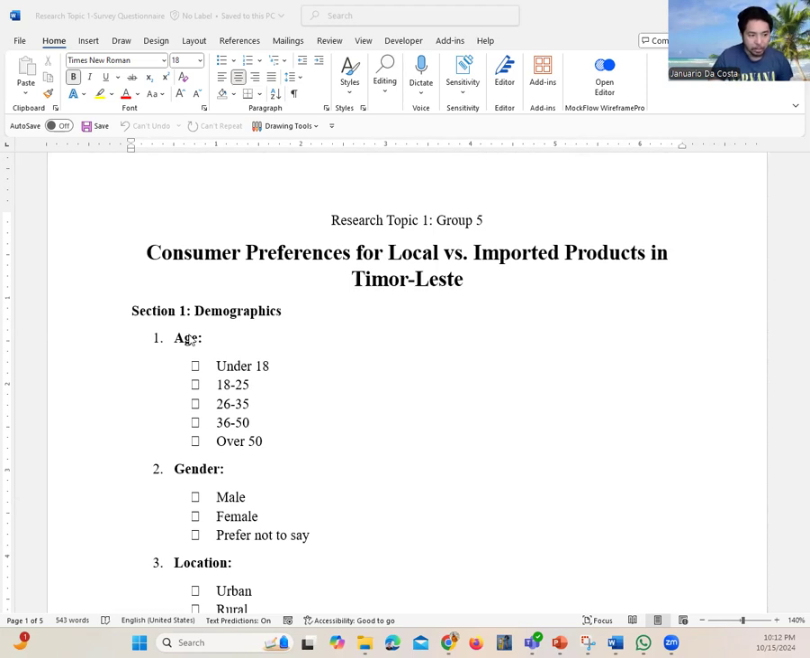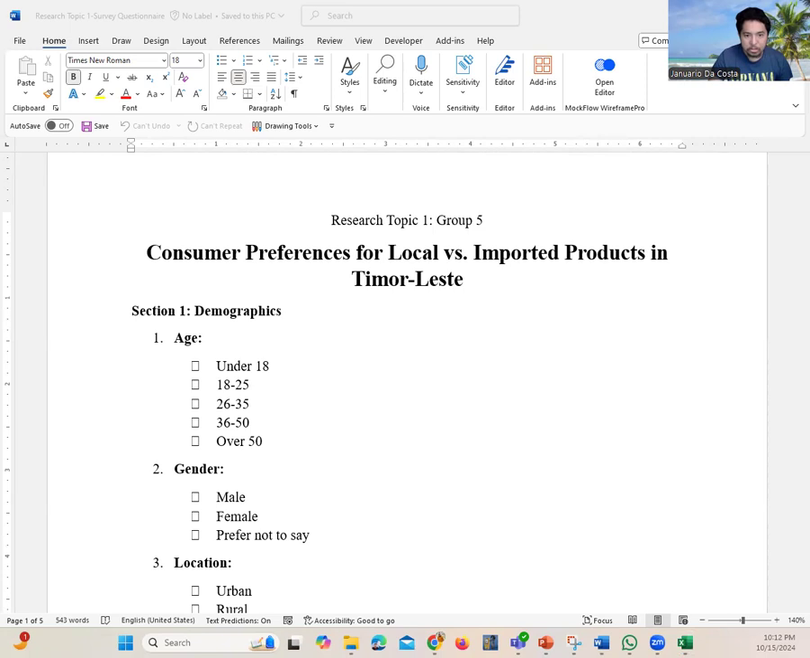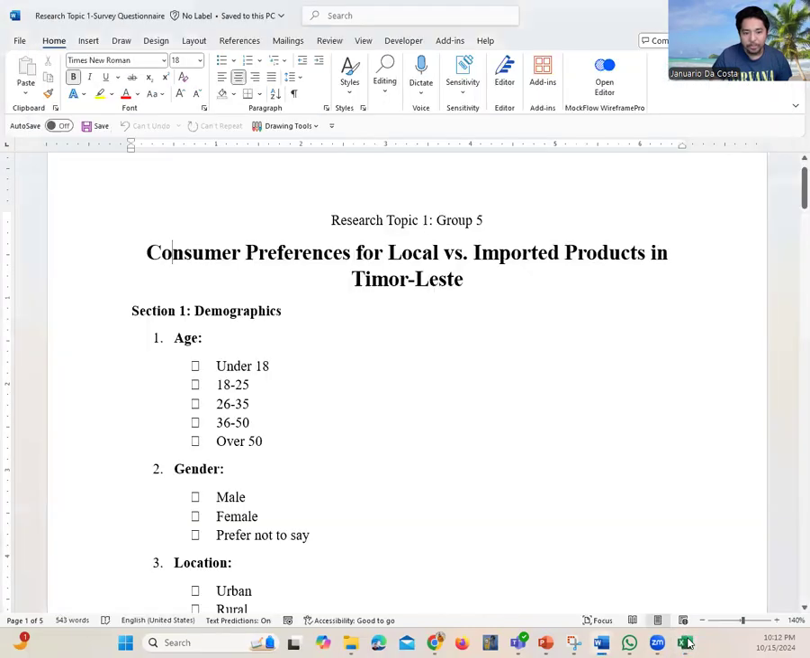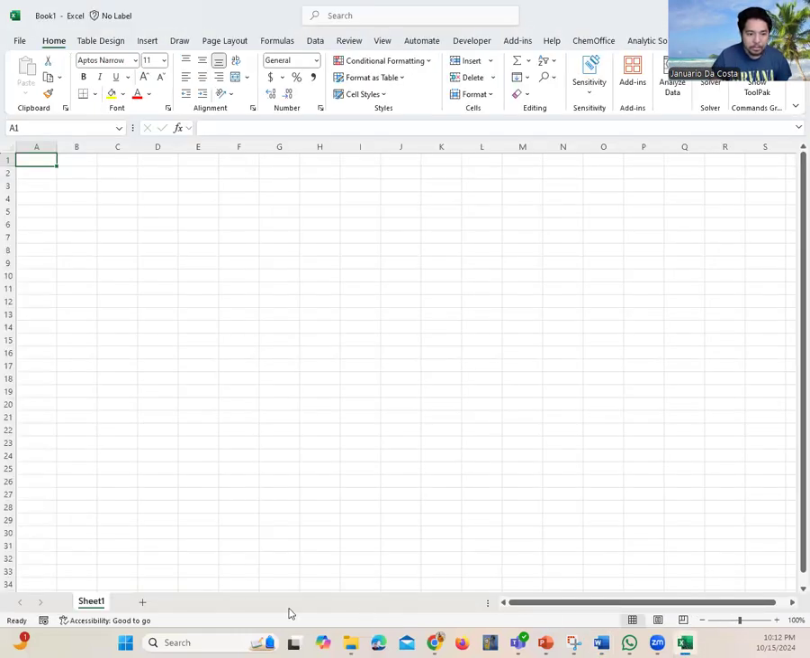For example, let's do with this one. I will use this for an example, yeah. I will use this research topic 1, for example. The first question is, you are going to get an age. The option is under 18, between 18 to 25, 26 to 35, 36 to 50, and over 50, right? So the way you can do that is, the first thing is I want to make